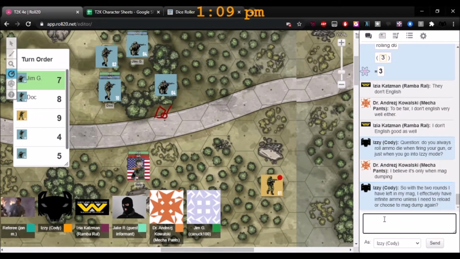As much fun as that is, I do want to have enough ammo to get back to my family. But you just add as many ammo dice as your rate of fire. So, like with the AK, it has a rate of fire of 5. I can add up to 5. I have a rate of fire of 6, so I'm going to use 4.